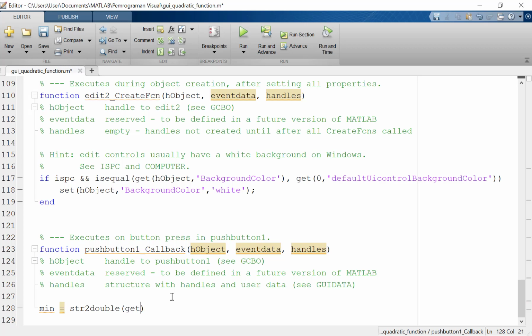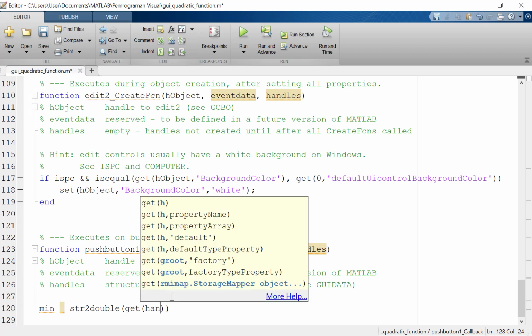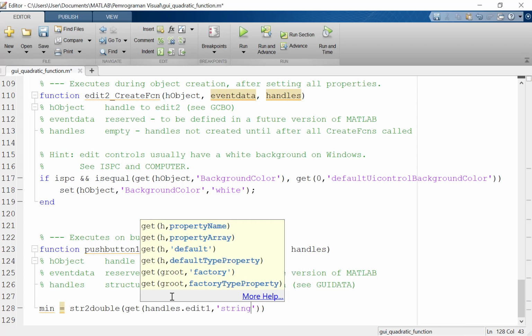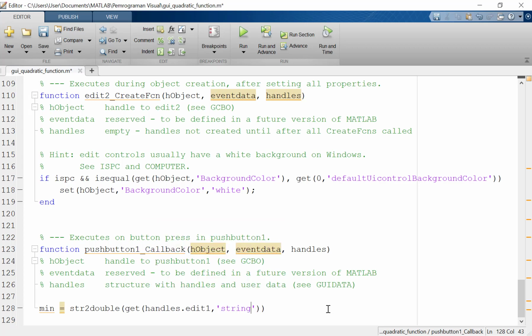And then get handles.edit1, then string, because we will take the variable from the string property.